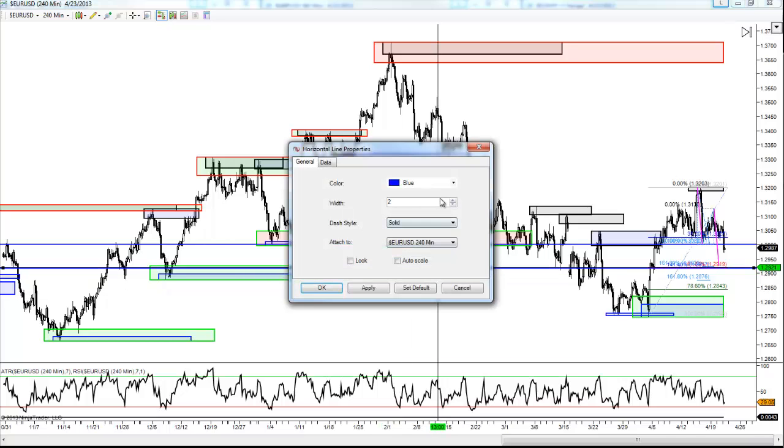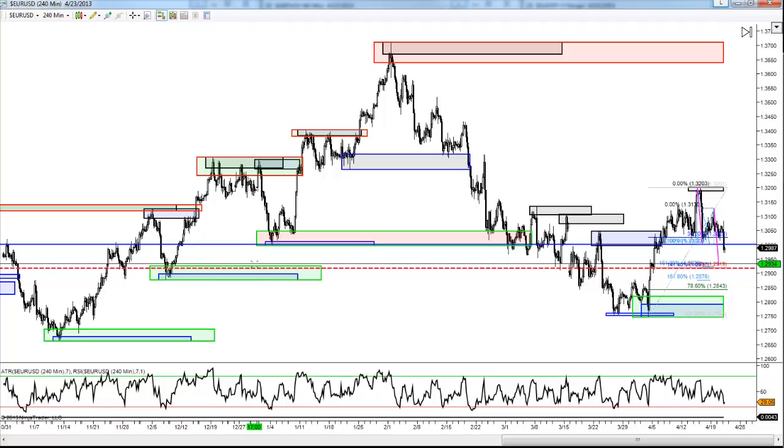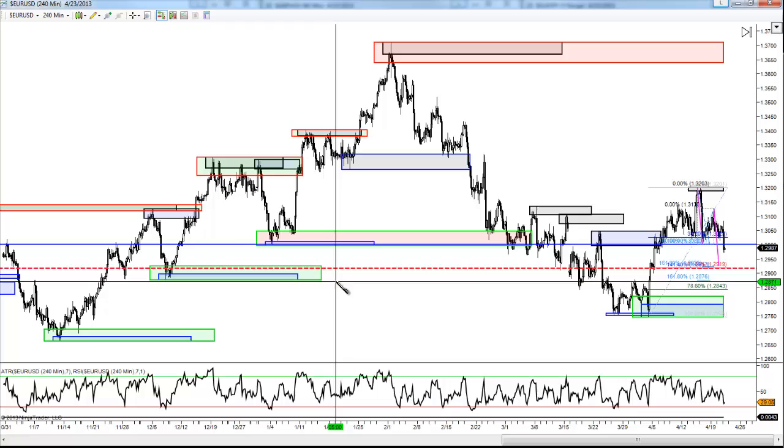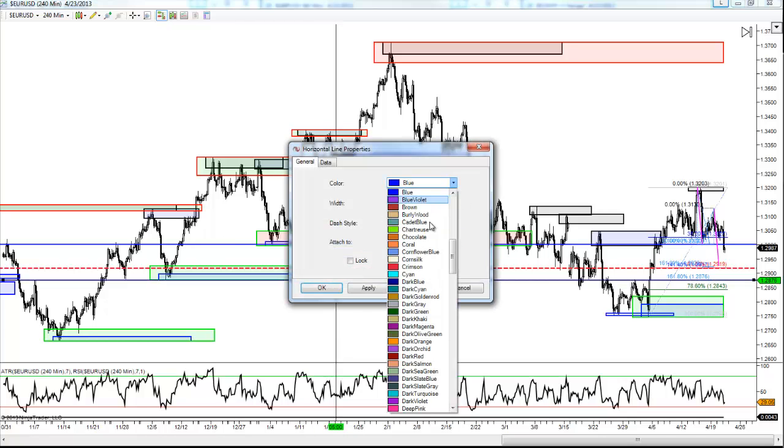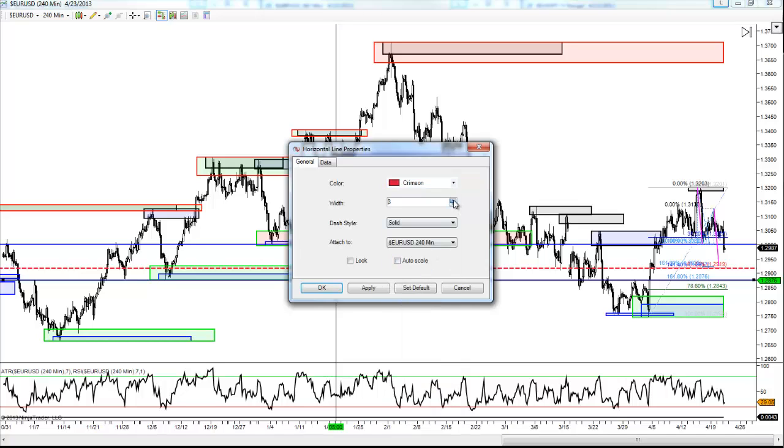And if I make the line I just drew, let's change that to a different color. Let's make it crimson and make it dotted so it stands out. That's going to come in right at the top of this DSR level. And if I create a zone down here as well, if I take the real lows of this DSR level, again, change it to a different color, you'll see that this lower structure level actually comes in at a pretty